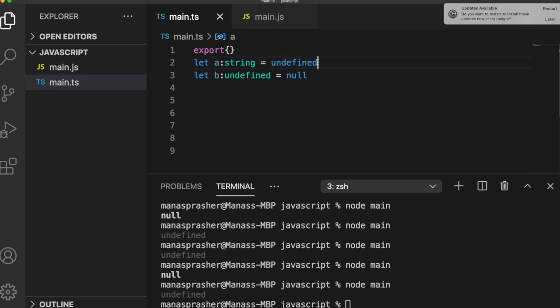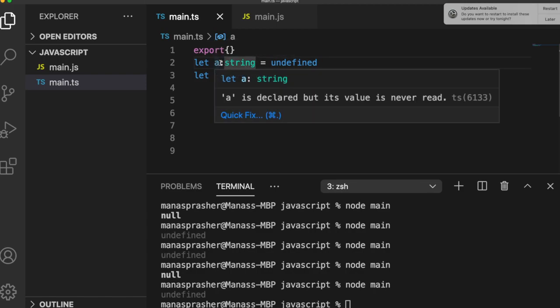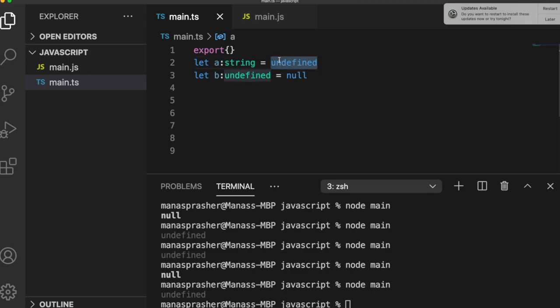Well, if you are assigning the value undefined, it actually doesn't mean anything, but I am just giving you an example that you can have a variable which is of type string